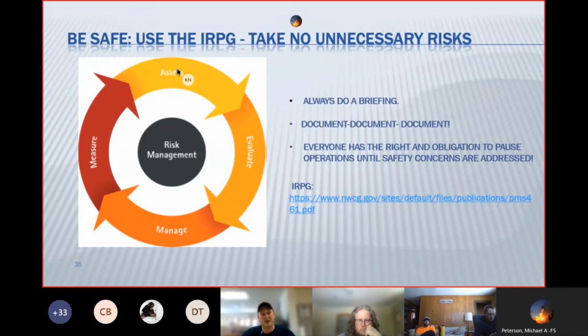So I thought this was a good representation of that. So that's the best way I can describe risk management as I think about it, is a continuous cycle, and you might get halfway through and you might have to move back to the beginning and start your assessment again. You might not even get all the way through all 5 steps.